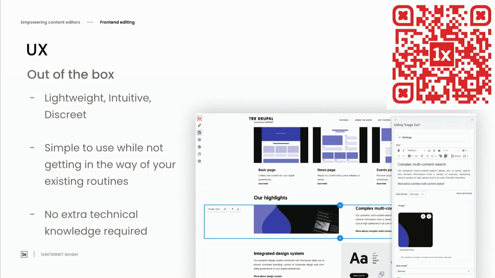But first, I just want you to see that on our existing page right now, we're hovering over this component. I'll refer to them as components of our page. We're currently hovering over this part of the page that sits in the center. Immediately, what I want you to notice is we've tried to make this lightweight and intuitive to use, really simple for a content editor, and very importantly, also very discreet on the page. This is what I sometimes refer to as expensive real estate.